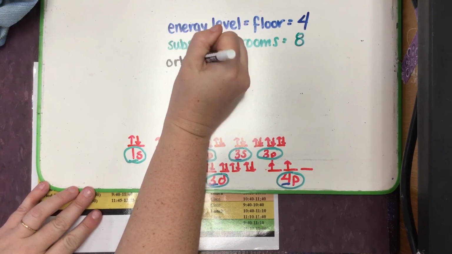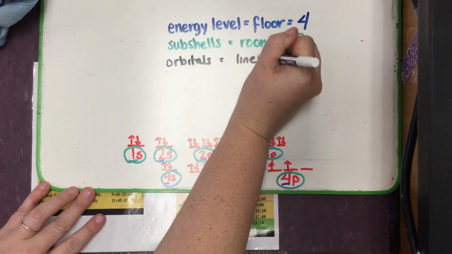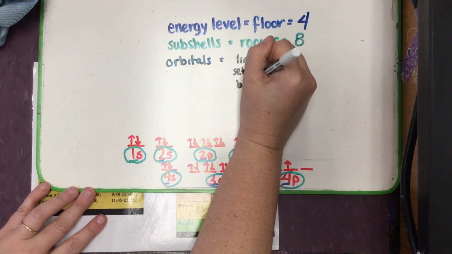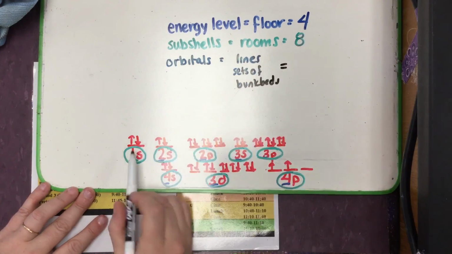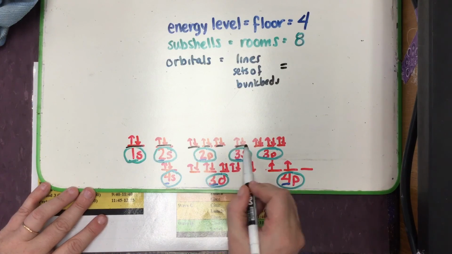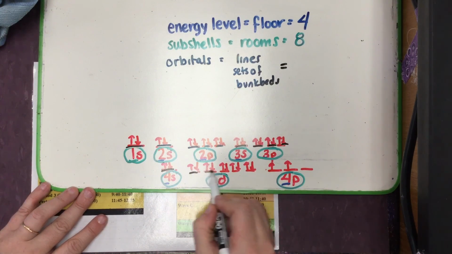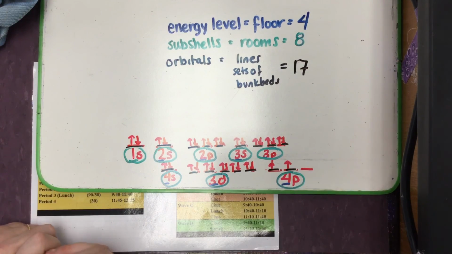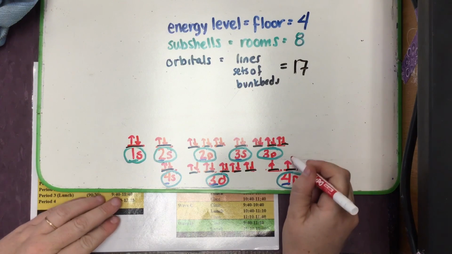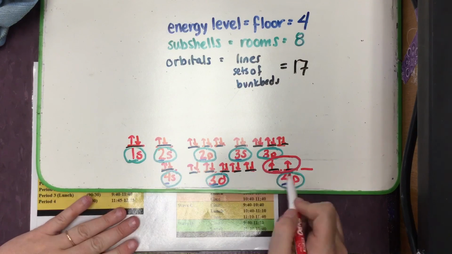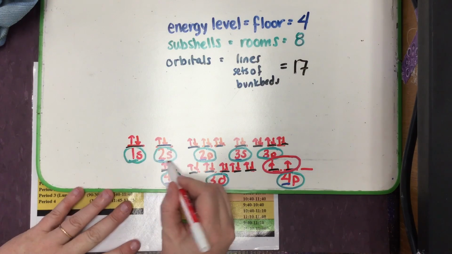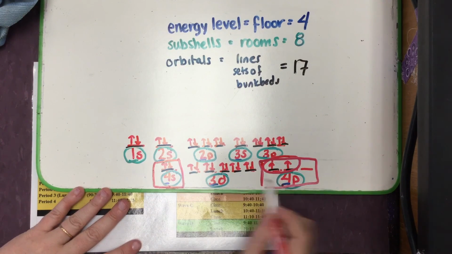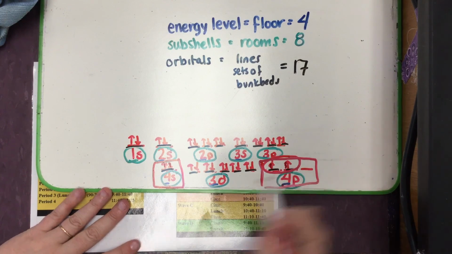Orbitals are like the lines. Those are the bunk beds, the sets of bunk beds. One, 2, 3, 4, 5, 6, 7, 8, 9, 10, 11, 12, 13, 14, 15, 16, 17. I wouldn't count the last one because it's not occupied. And then when we get to it, we can also count unpaired electrons. That's up without a down, so there would be 2 of those. And something called valence electrons, which are any electrons above the biggest number. So since 4 was our biggest number, we would count a total of 1, 2, 3, 4